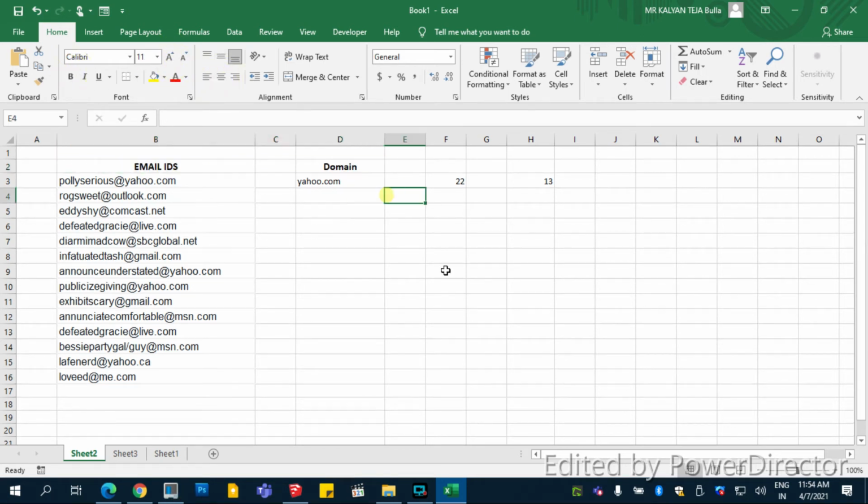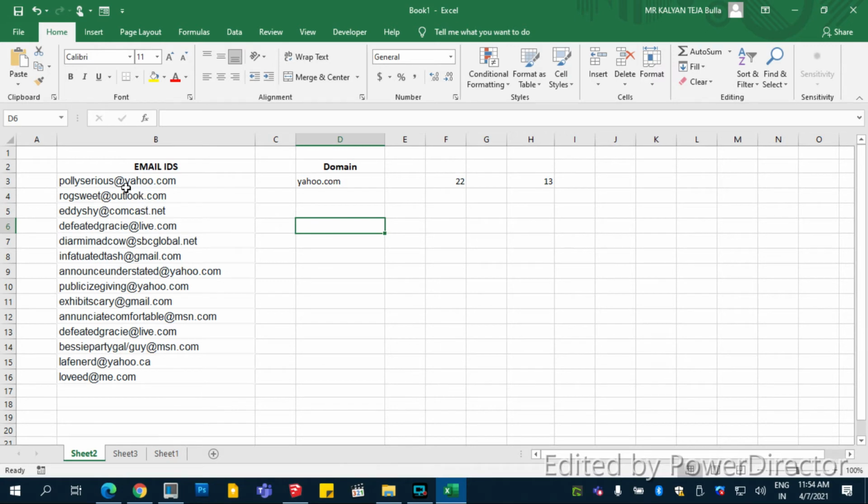Okay, so say the task is to extract all the domains. For these we cannot use LEFT or RIGHT because the lengths of the domains are different, and the lengths of the email IDs are different. So how do we extract only the domains? The answer is that every domain has an @ sign before the domain starts.